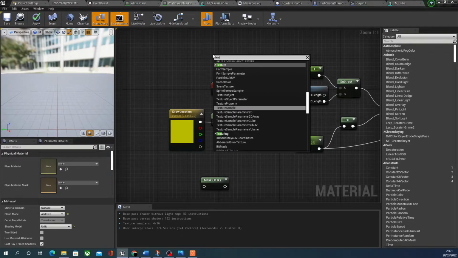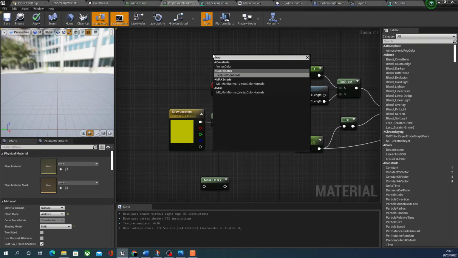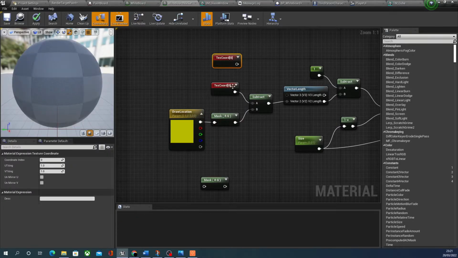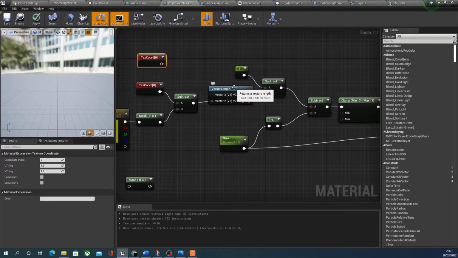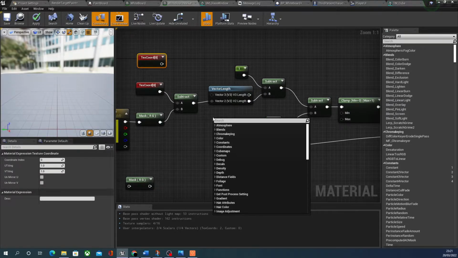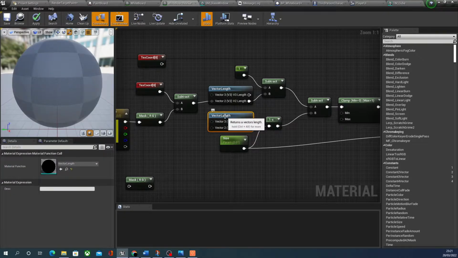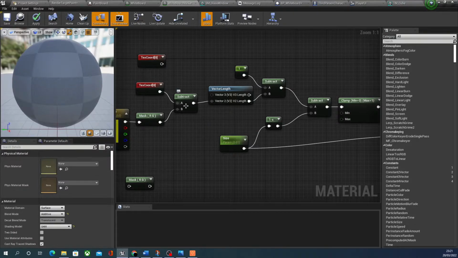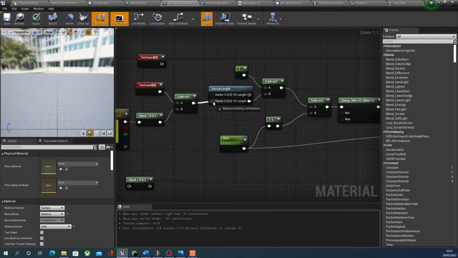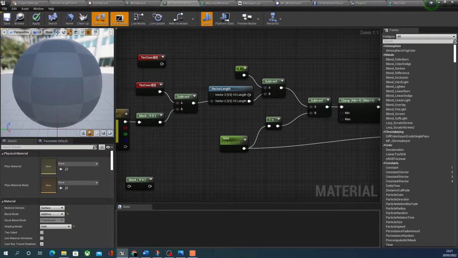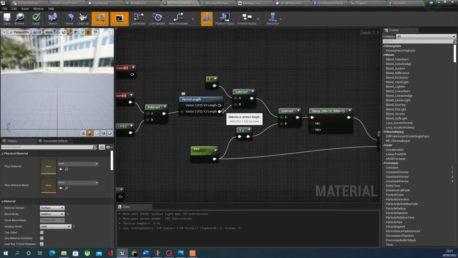So texture coordinate, and plug that into the A. Then you want to get a vector length, type in vector length, then plug this subtract node into the vector 2,